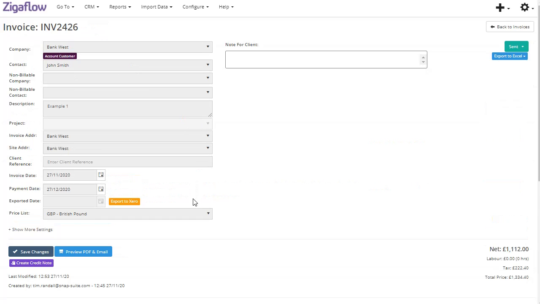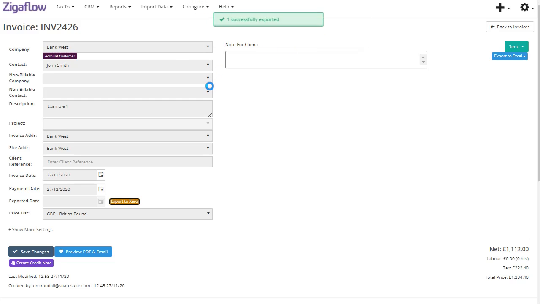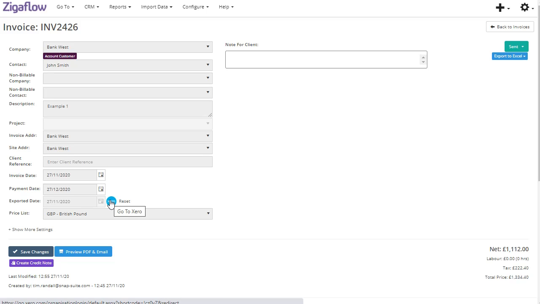So now we're ready to push it over into Xero. So press export to Xero. If there is a failure, it will tell you. Now I can click on this button, that will take us directly to the invoice in Xero,